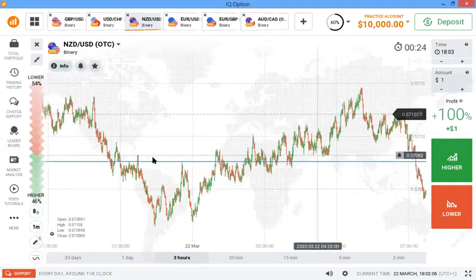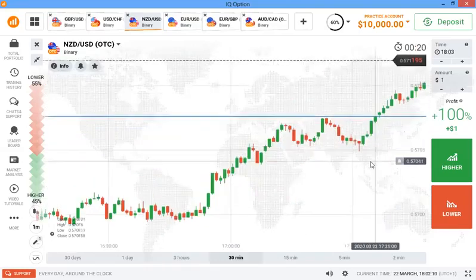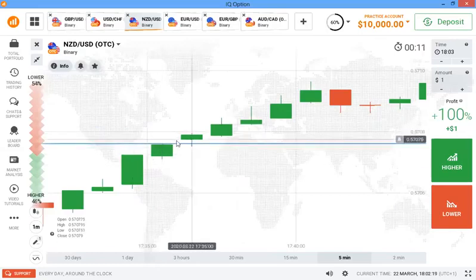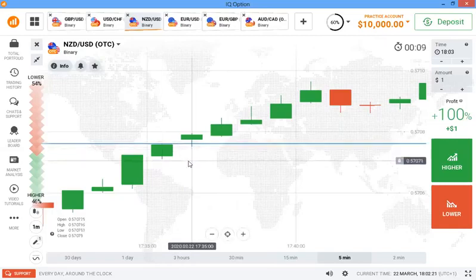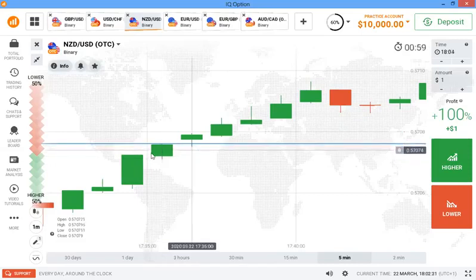So once I see this kind of situation here, I know that when I see this level and I see this candle, and after this candle the next candle was a bullish candle, because here the next candle is supposed to be bearish because of this momentum. This is exactly where the momentum started. Because of this momentum,